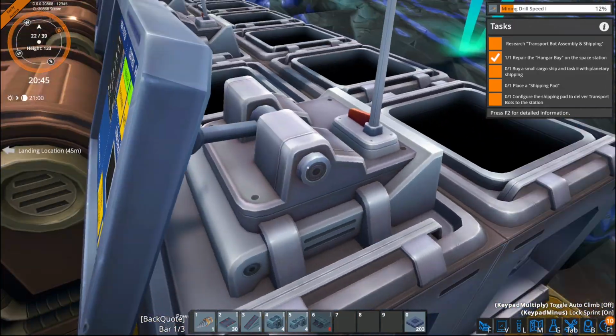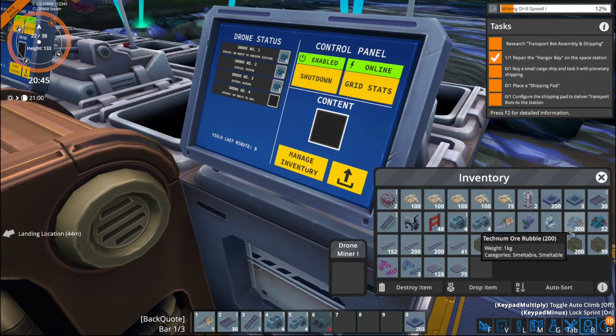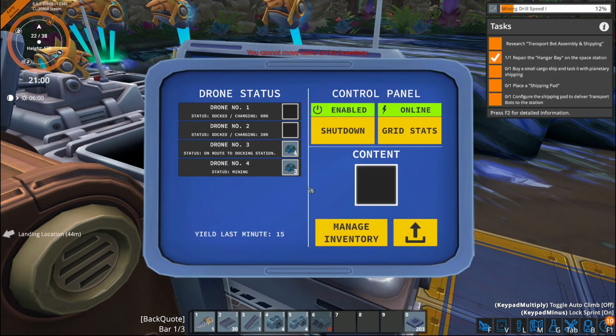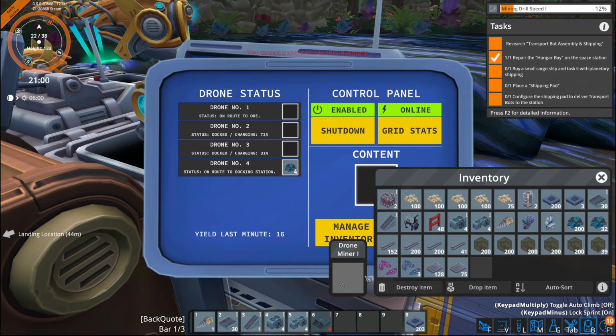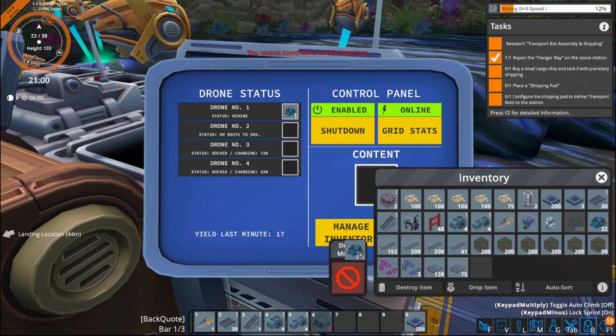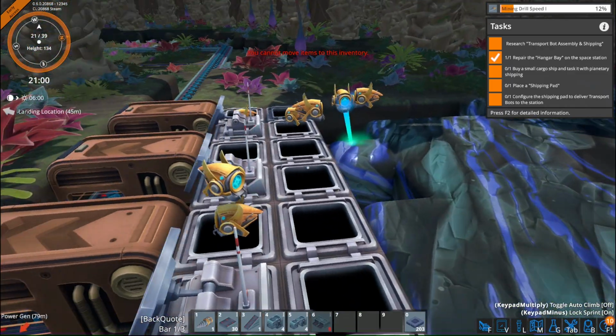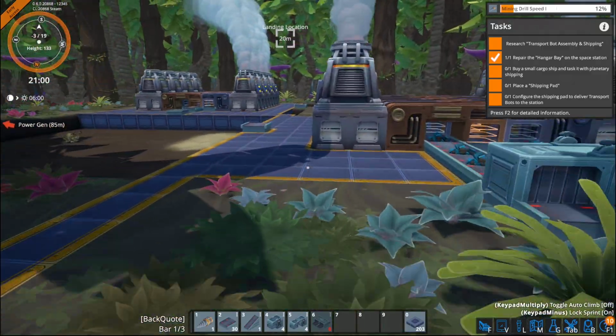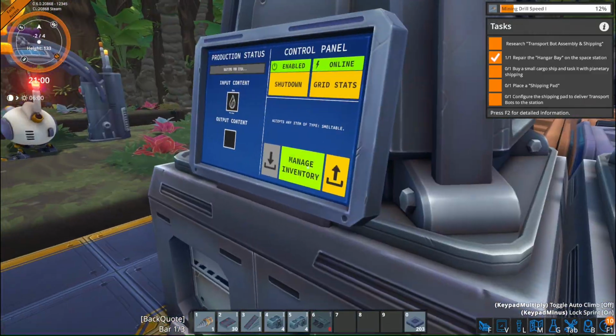Nice. Awesome, awesome, awesome. So I'm going to manage the inventory and put that in there. Or maybe I'm not going to manage it. Hold on. What happened there? Oh, I can't. Oh, okay. I thought I could dump it in there to get it to output, but I guess not. Okay then. In that case, let's